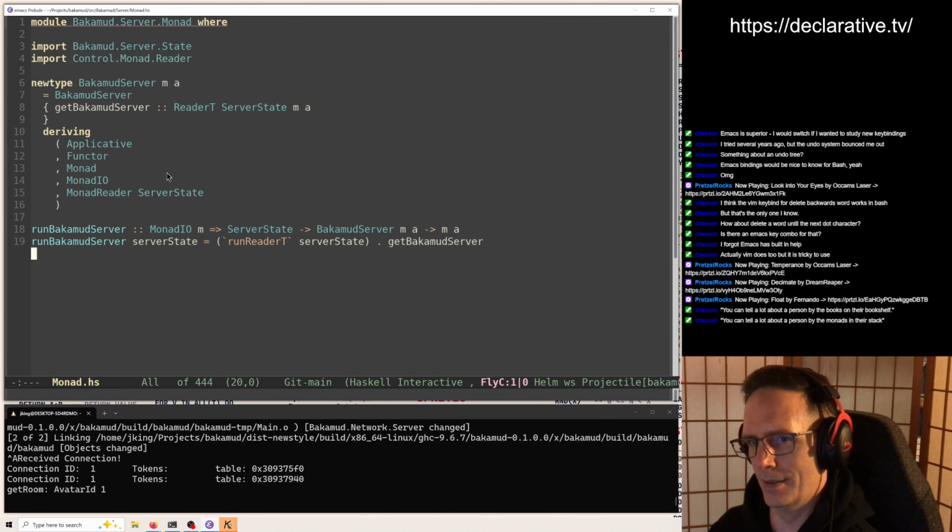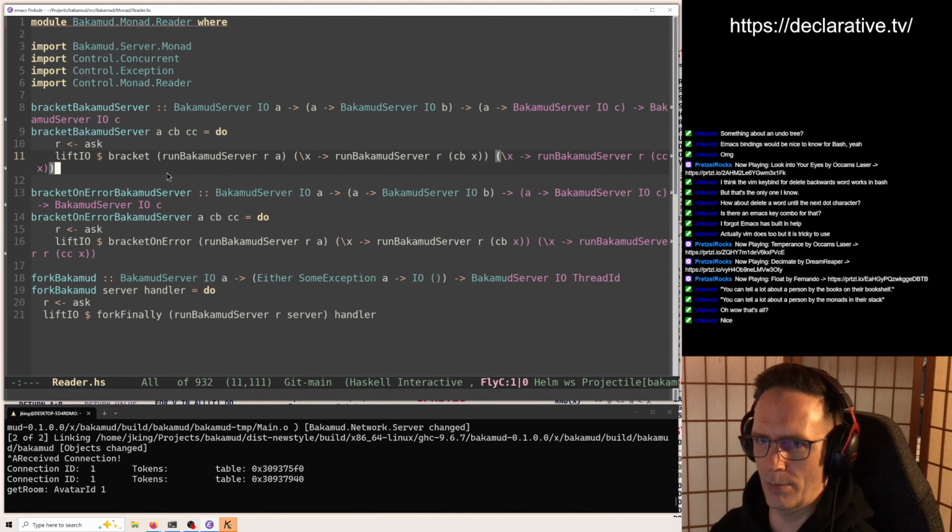I'm not super satisfied with it. Maybe it's just a skill issue, maybe it's me, I don't know. And there's better ways to structure this, but the part that's janky though is forking, bracketing, threads and things like that.